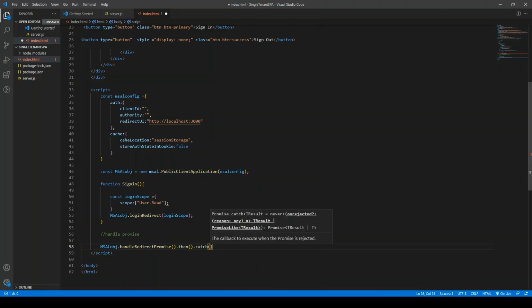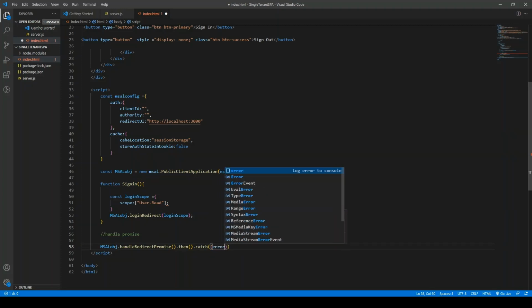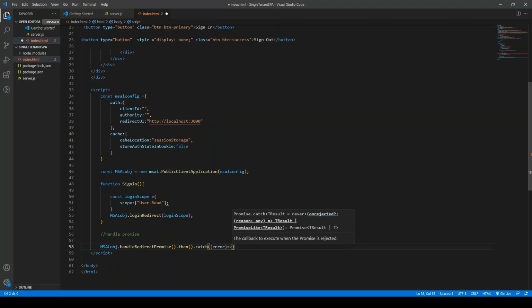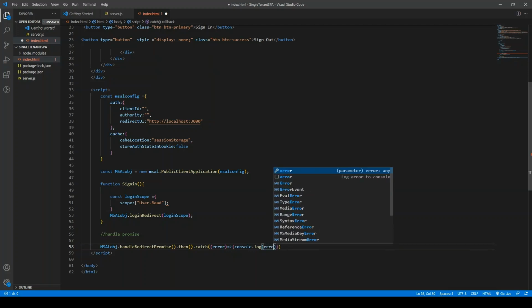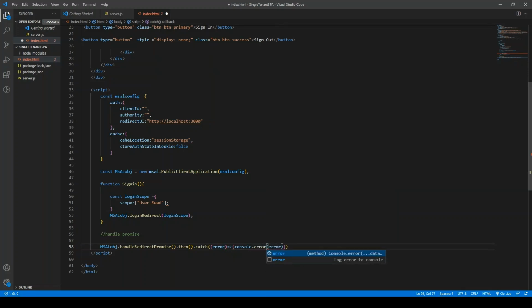So in the catch, we will just say if there is an error, just log that error. Or let's say console.error only. Okay.